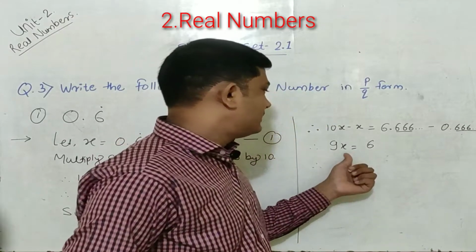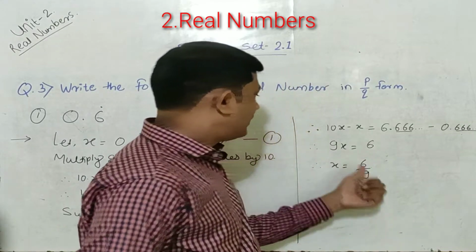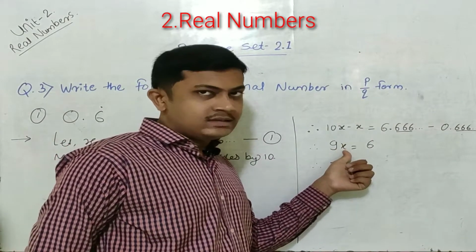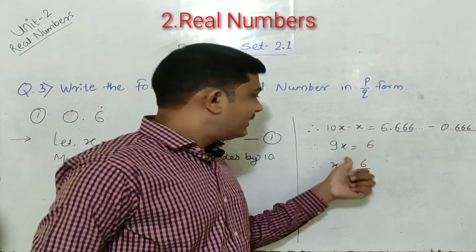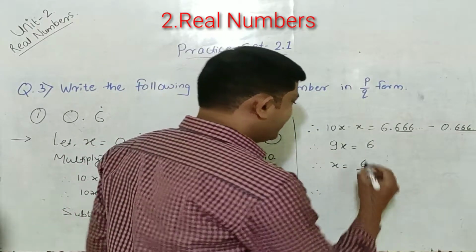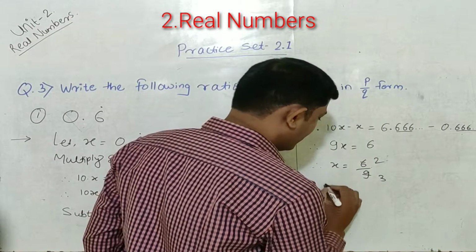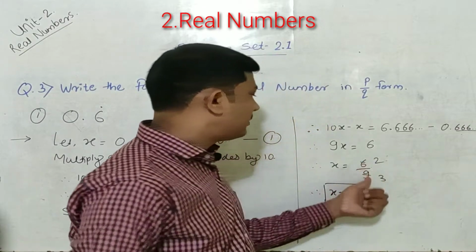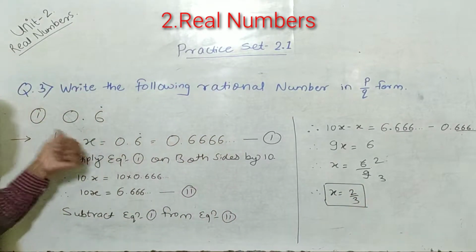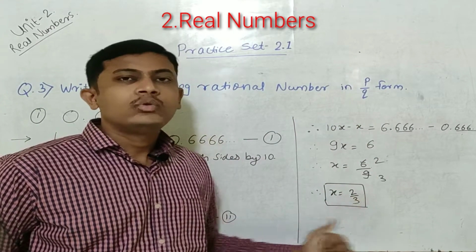So we have to find the value of x. x will be what? 6 divided by 9. Here how does 9 come to the denominator? If the number is multiplied on the LHS, then when it goes to the RHS, it goes to division. Again if we simplify it, 3 2s are 6, 3 3s are 9, that is x equal to 2 upon 3. That is, x equal to 6 upon 9 is the same as x equal to 2 upon 3. Here the decimal form was given as 0.6 dot and its p upon q form we get x equal to 2 upon 3.